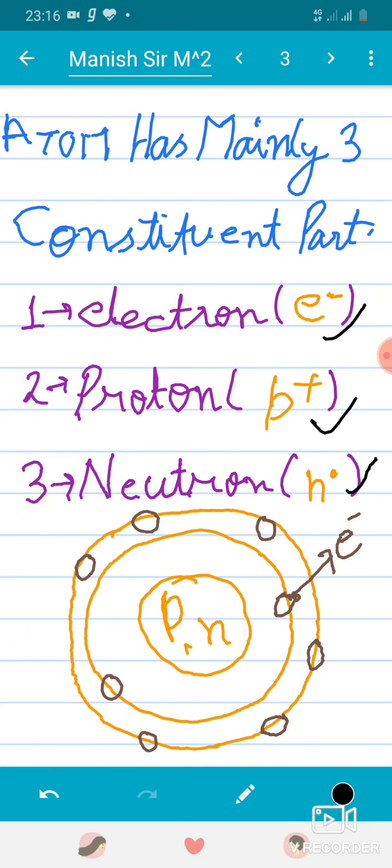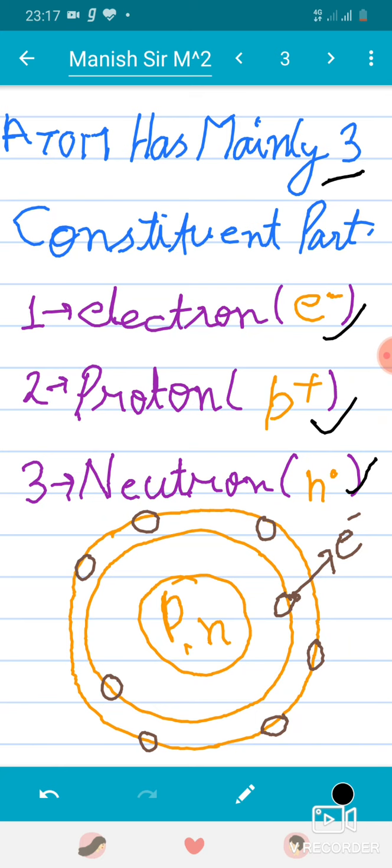As we know, different theories have been given on the atomic structure of the atom: Niels Bohr's theory, J.J. Thomson's theory, and the new modern theory of atomic structure, in which we find the mainly three constituent parts of